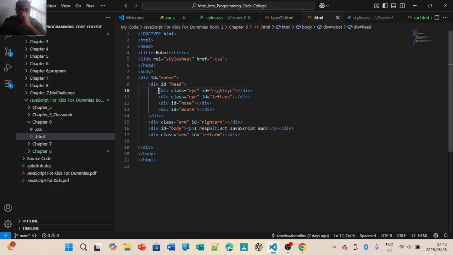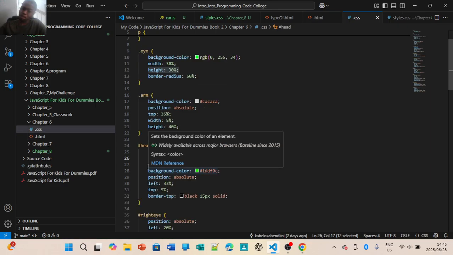That's what you have: width, height, border radius, background color, position, left, top, border top. Right, so width 30, height 30, border radius 30, background color green, position absolute, left